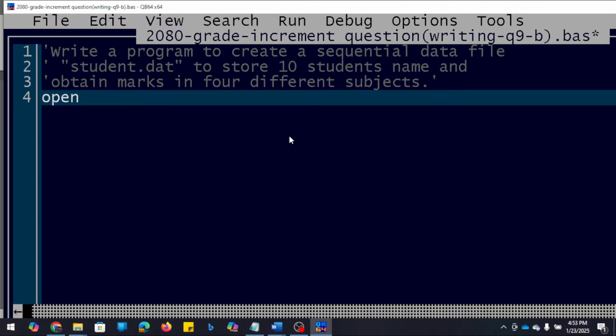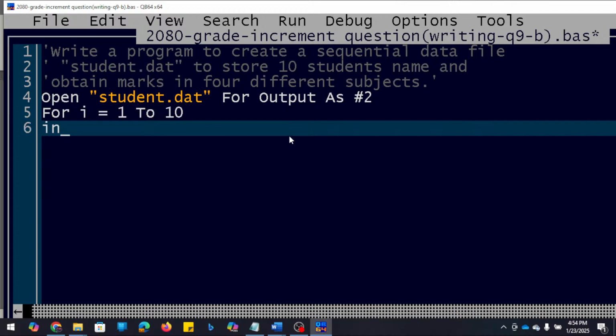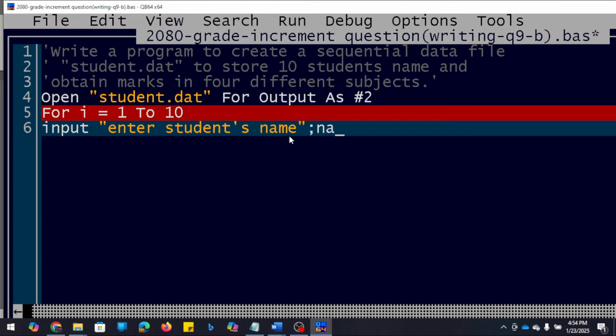So open data file is student dot for output as channel number 2. Now how many records? 10. So for I equals to 1 to 10, input enter students name dollar,